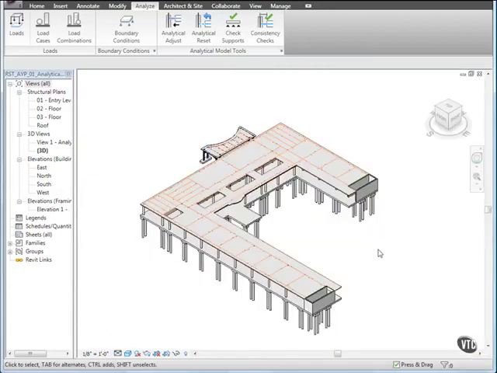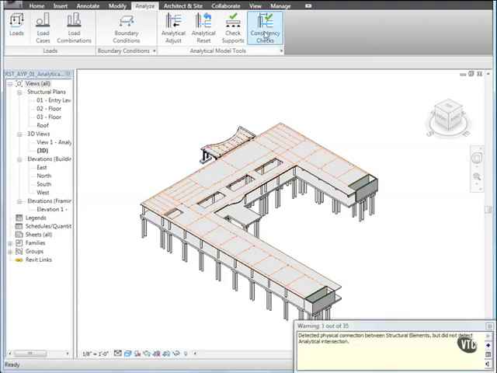In the following steps, a consistency check is run to demonstrate the ability of Revit Structure to identify possible inconsistencies between the physical and analytical model. This exercise is not intended to resolve all issues displayed in the training file. From the Analytical Model Tools panel, click Consistency Checks. In the Revit Warning dialog, click Expand,